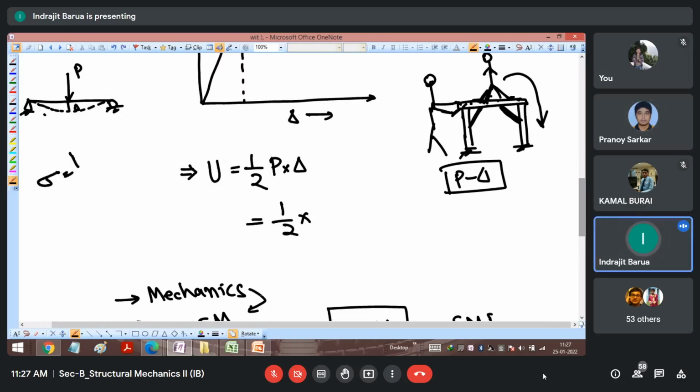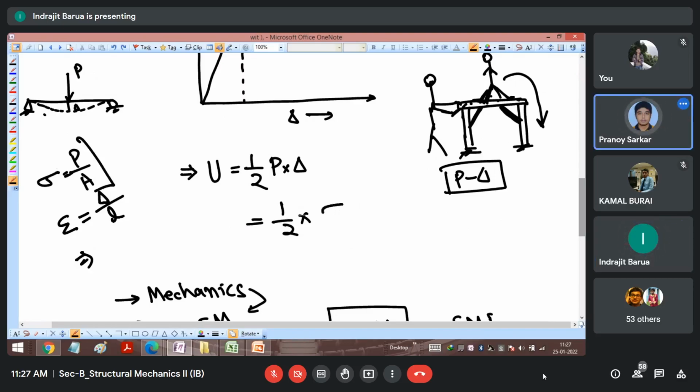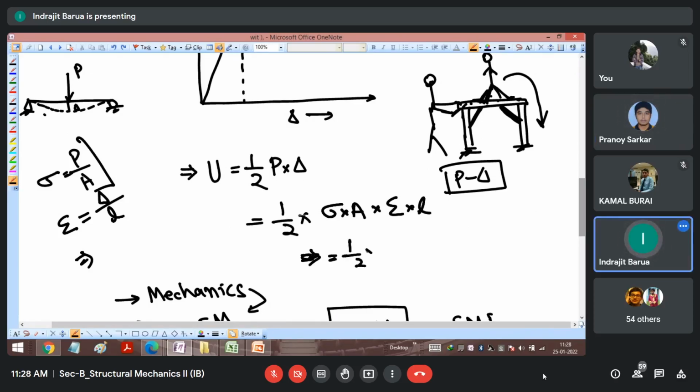We know that stress equals P by A. We know that strain equals delta by L. So with respect to that, I can put it over here like stress into area, and here I can put strain into L. So basically just by doing this, half into stress into area,